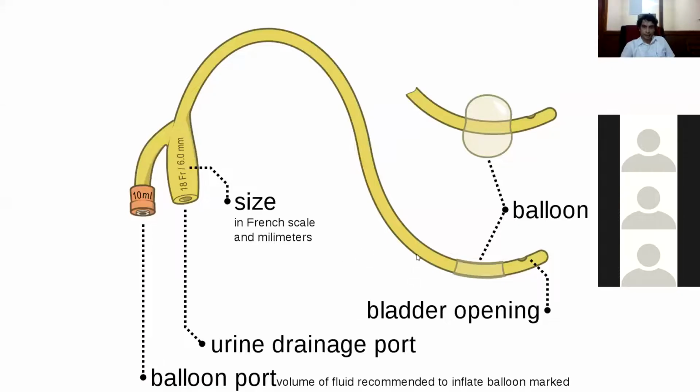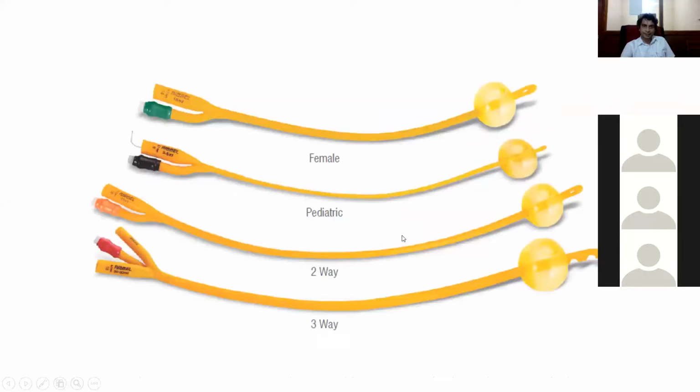Right. We'll go back to our presentation. Foley catheters can be of various sizes, right? Some catheters are for pediatric populations. Other catheters are for females and they're shorter. We don't usually have those. And we also have catheters that are called three-way catheters,